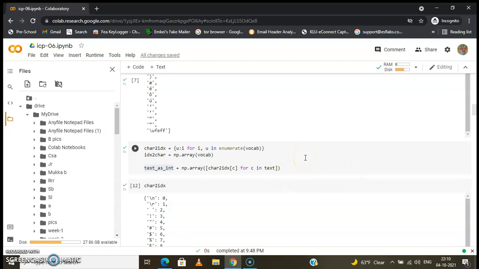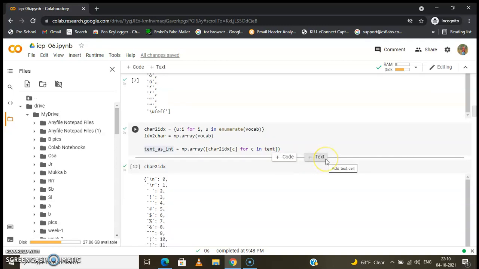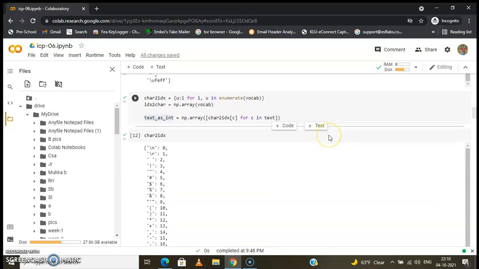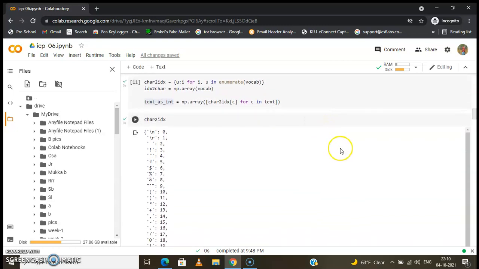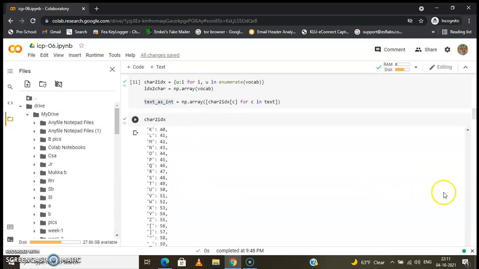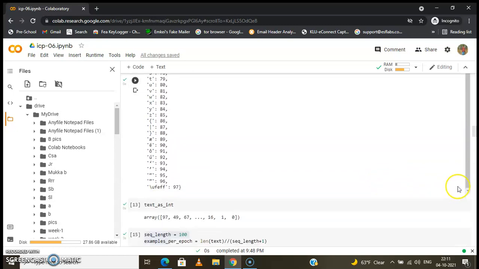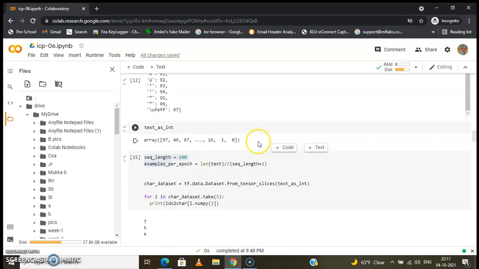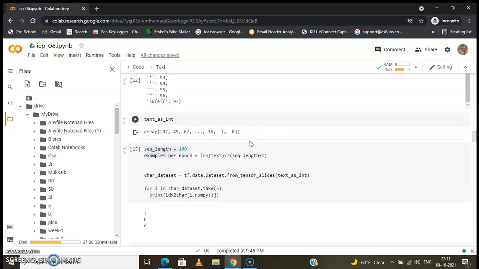Then we convert index back to character using this NumPy array. Coming to this view of text as integers, as you can see, once we have the character to index mapping, this is the text as an int array, and it is shown as integers here.